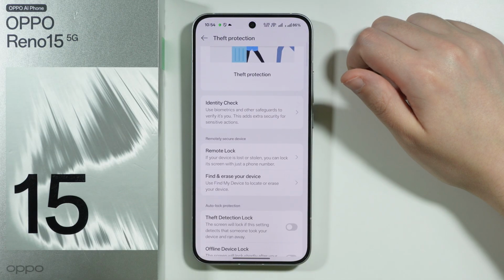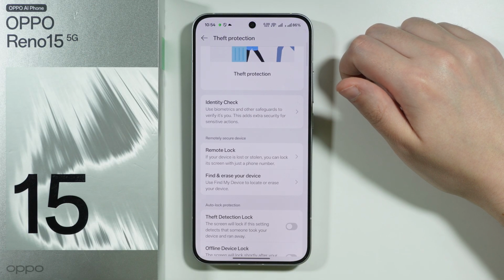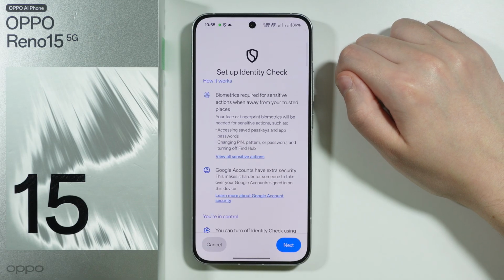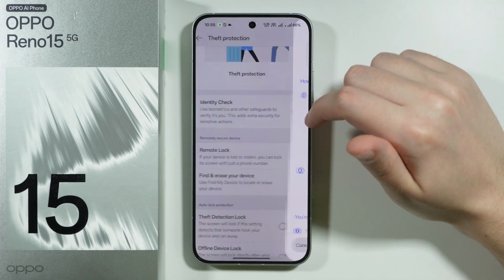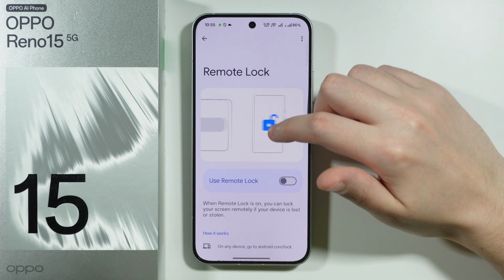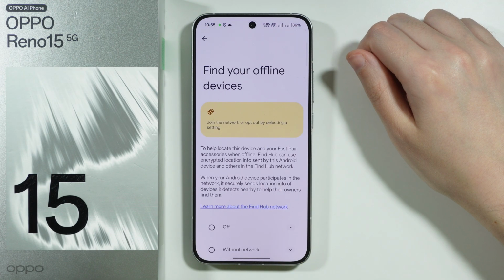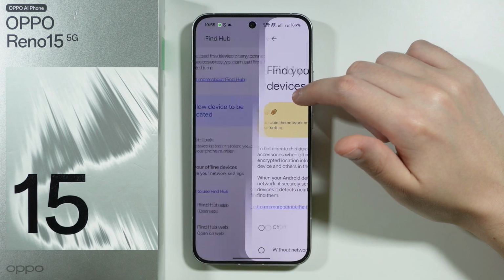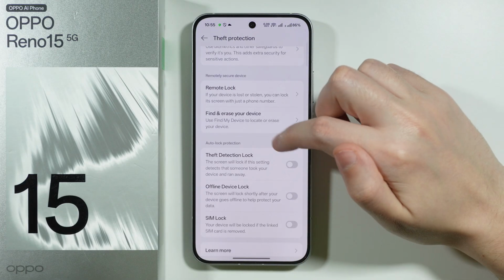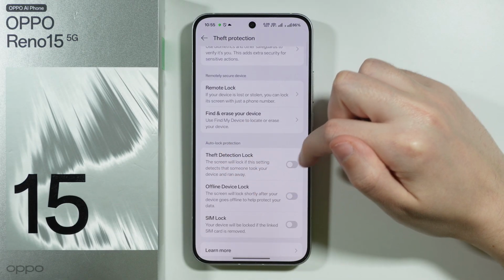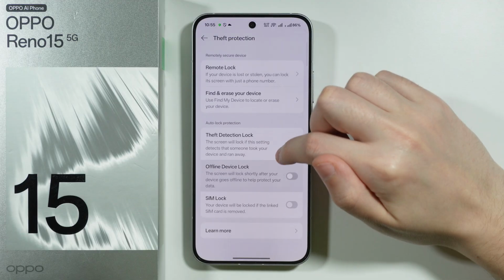We can find a bunch of different options that can be quite helpful with protecting your phone. For example, we have the identity check, which you can easily set up. We have the remote lock, as well as the Find Hub or Find My Device with Find Your Offline Devices section as well. Not only that, we can find the theft detection lock option, offline device lock option, SIM lock,